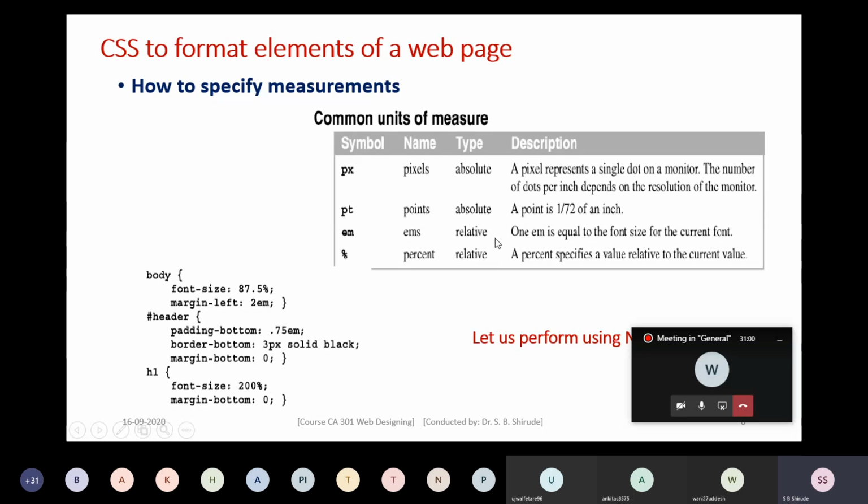Therefore they are called relative because they are based on the current values. But absolute means directly the value that you are specifying. So that is the difference between absolute and relative types. So this way we can make use of these four common units of measure.